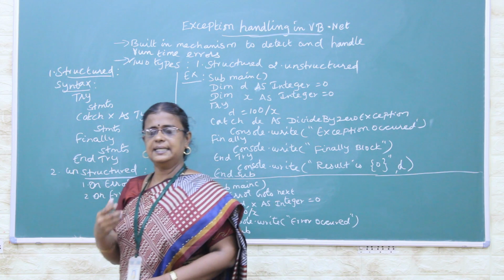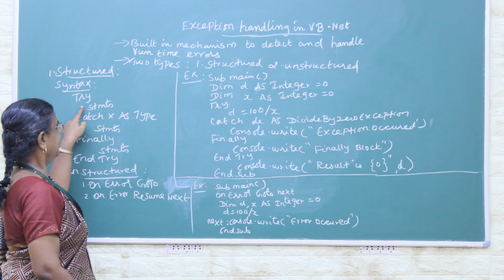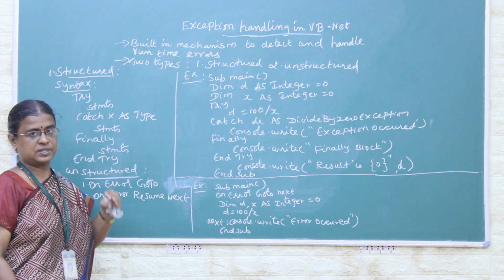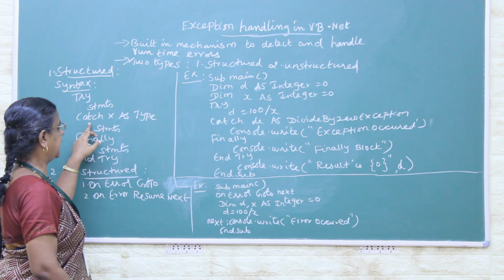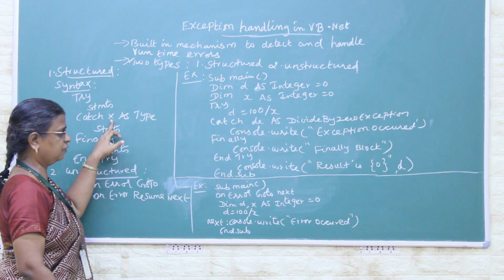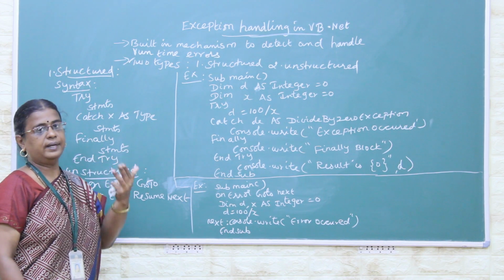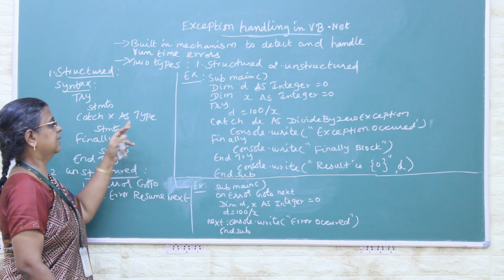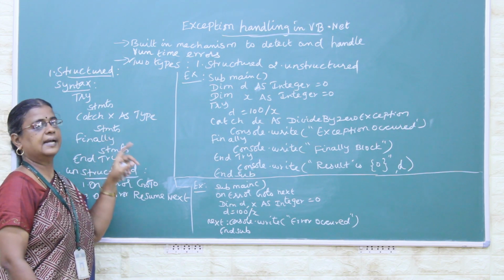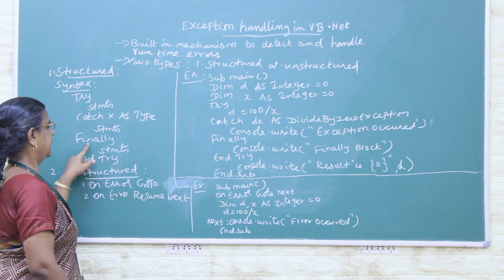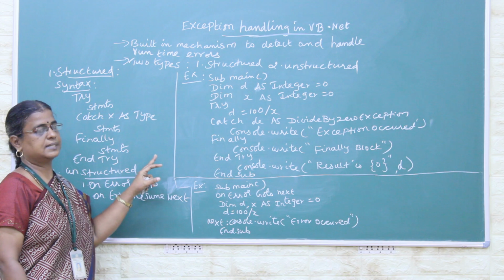Now let us see the syntax for defining this structured exception. Try, followed by the set of statements that raise the exception, and Catch, one variable, which is a user defined variable, As type. Type means we can define any standard exception, like divide by zero exception, followed by the set of statements that handle the exception. The next one is the Finally keyword followed by the set of statements,